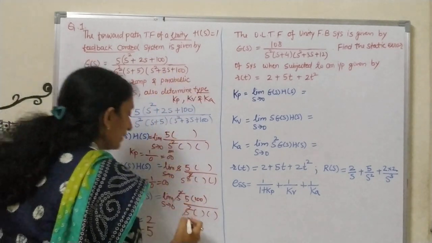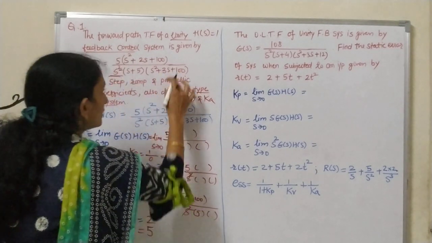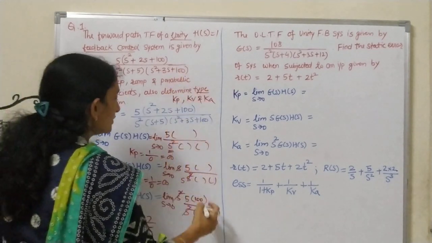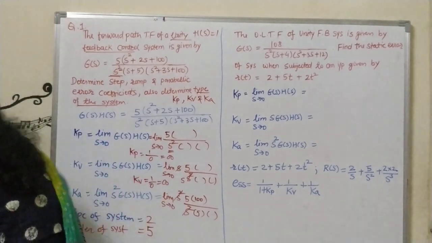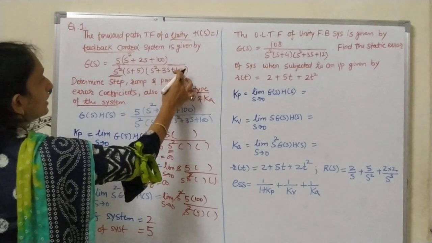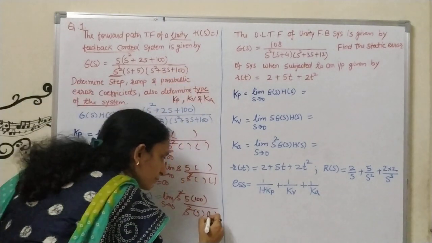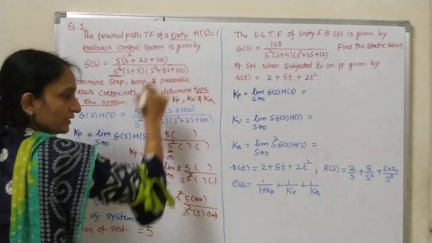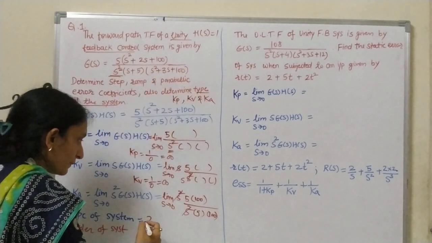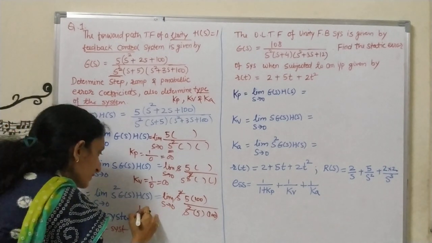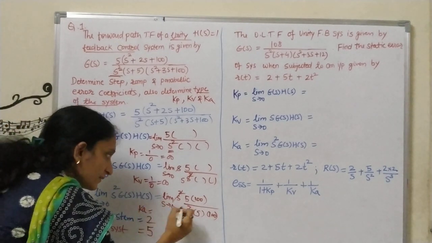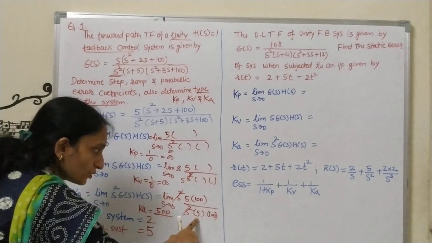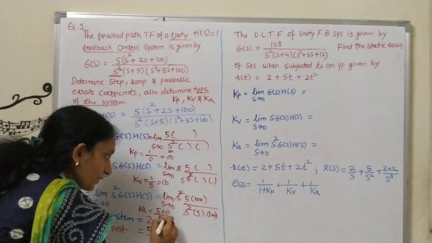So I am writing here 5. See, actually 100 is there. One correction: you can take 100 also, I will calculate for that. It doesn't matter, but in the numerical here actually 10 is given. So what I am getting here is Ka, so this is 500. Here also 5 into 100, so this will be 500.